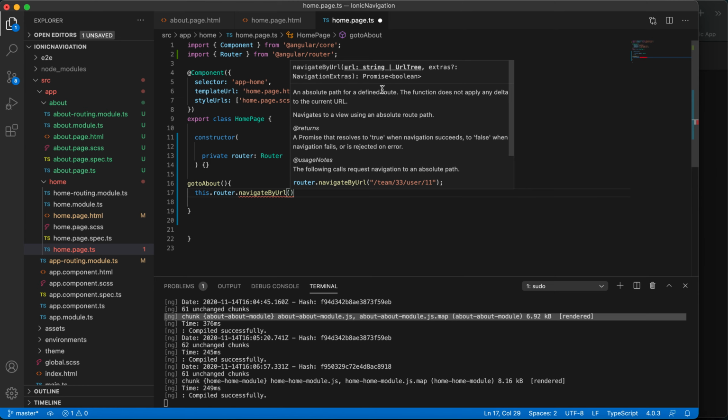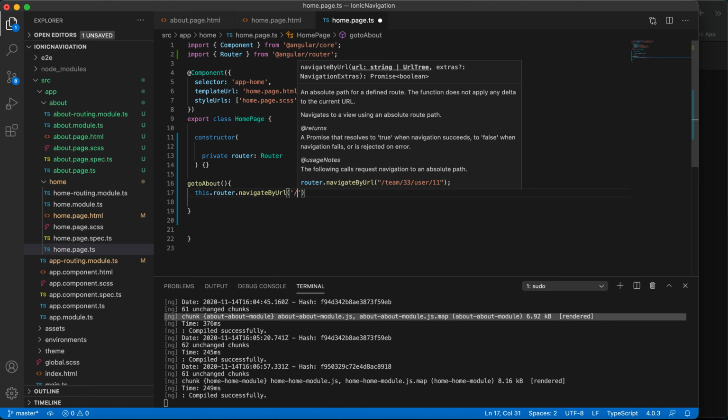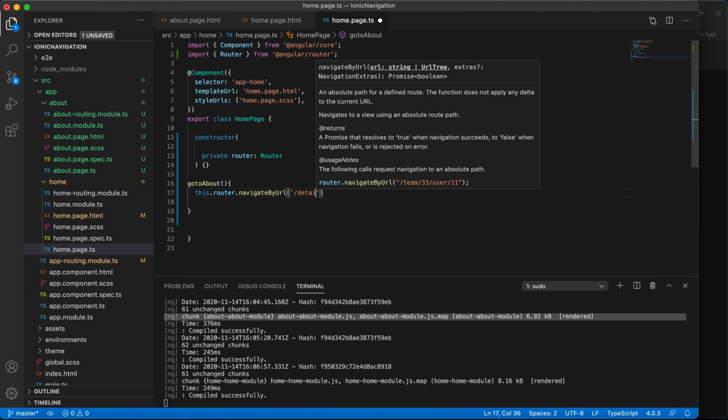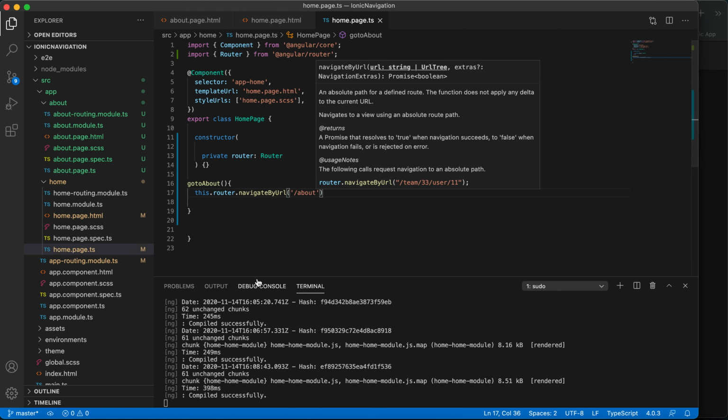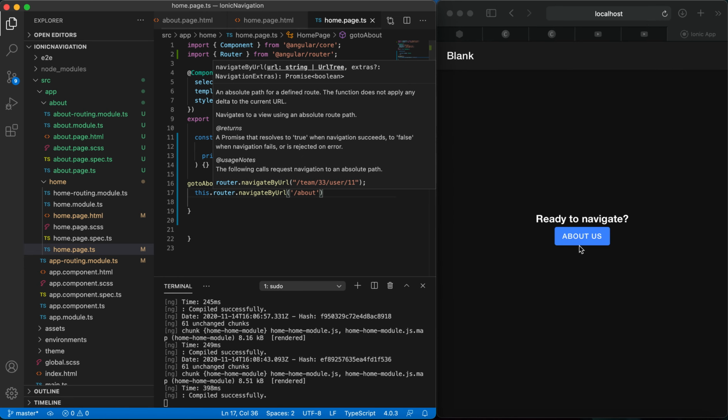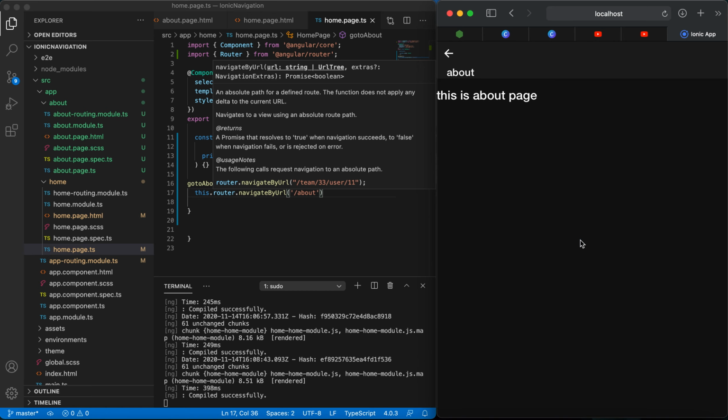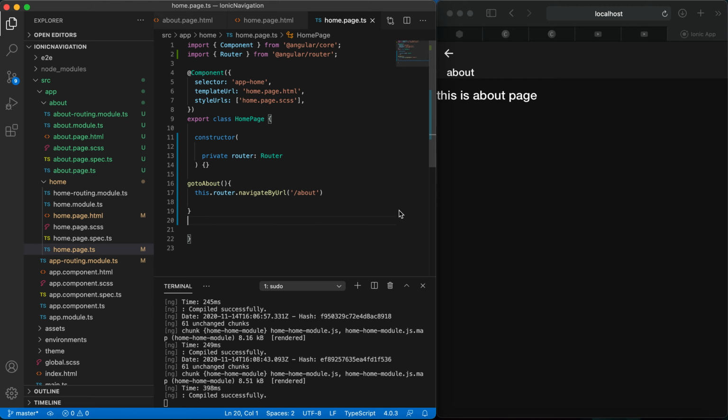So we need to mention how we are going to give the page link. What we have to do is open single quotes, slash about, save. Okay, and come here and we can check it, about, bingo, it's open. So this is how we need to give the links via function.